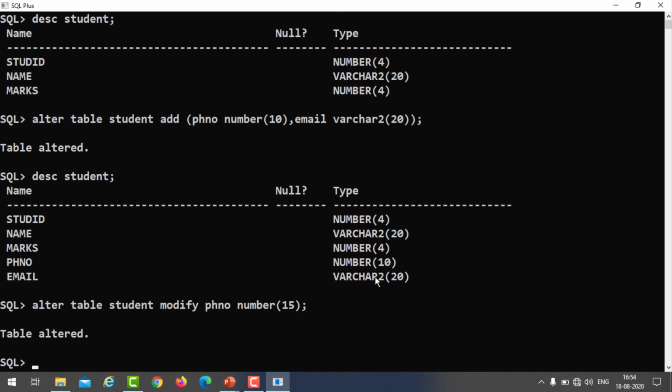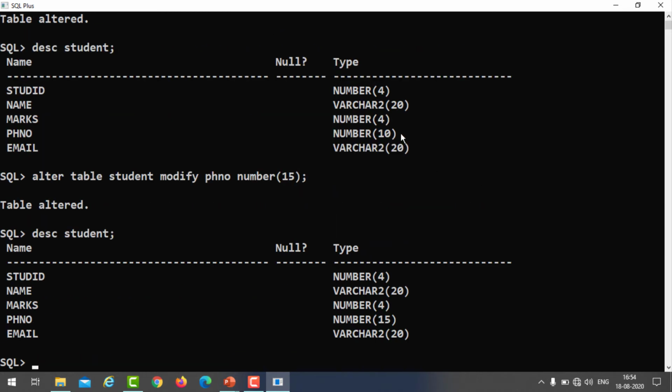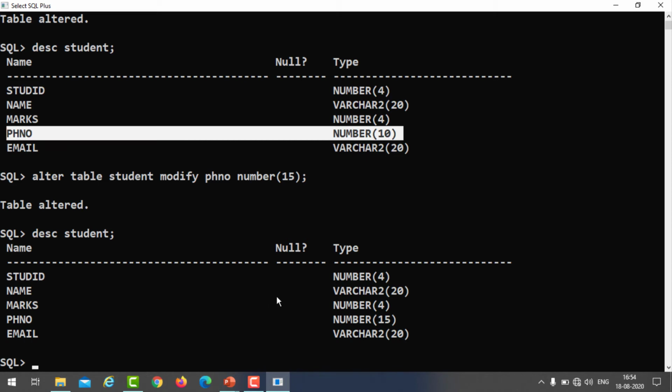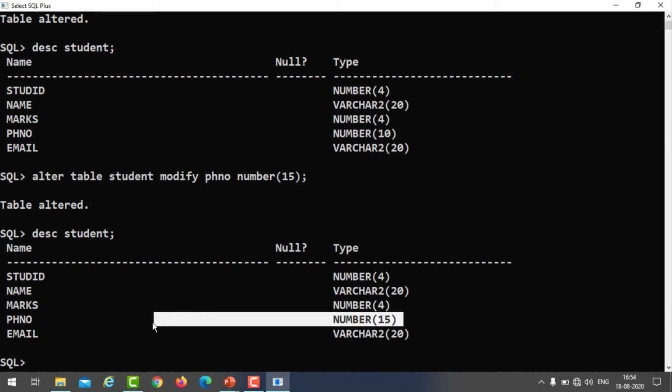Then table is altered. You can see now student. See here number data type 10, right? Now you can see here number data type 15. So if you want to change the data type size or data type, you must use the alter command along with the modify keyword.